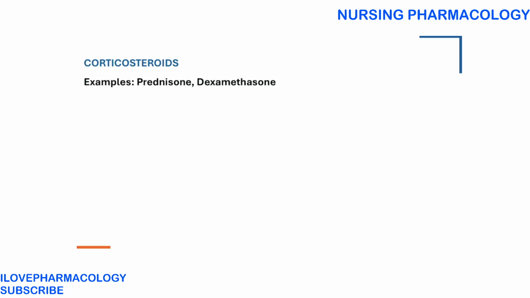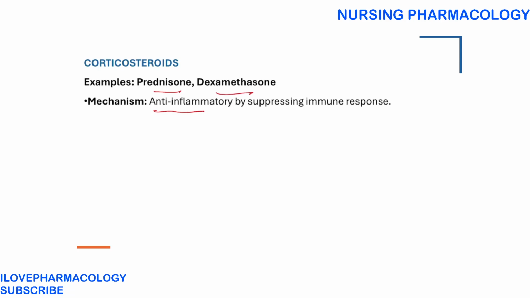Coming to the corticosteroids, a very important drug. The examples are prednisolone and dexamethasone. The main mechanism of action is that it has anti-inflammatory action, as it will suppress the immune response. So usually the corticosteroids inhibit the phospholipase A2 activity, which is present on the lipid membrane. Basically it will inhibit the